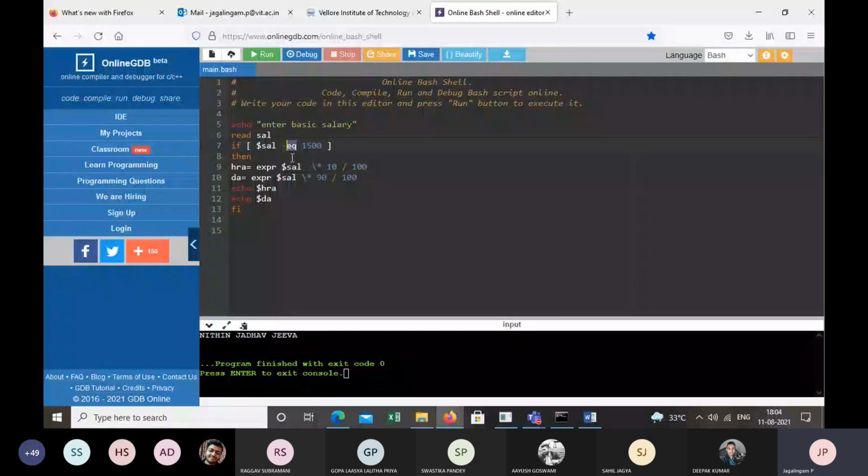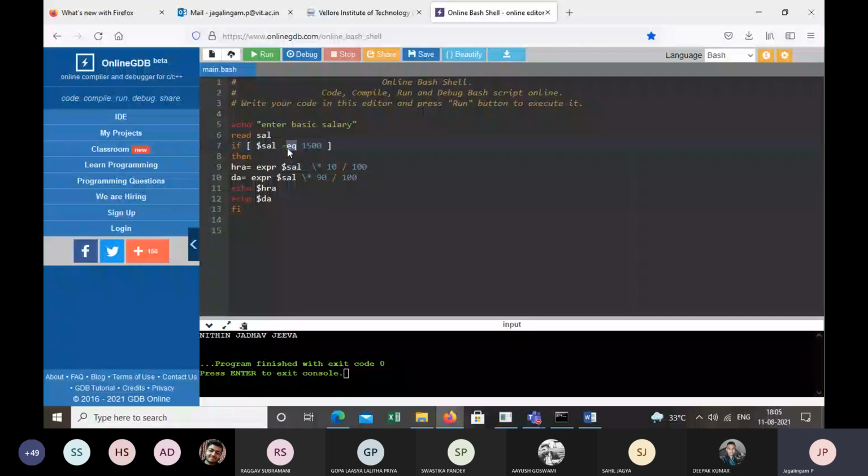We are not going to use the greater than symbol, less than symbol, or less than or equal symbol. For all of this, we need to have some command, right? That is why we call it a shell script. We need to deal with the commands here. So hyphen EQ is equal to.